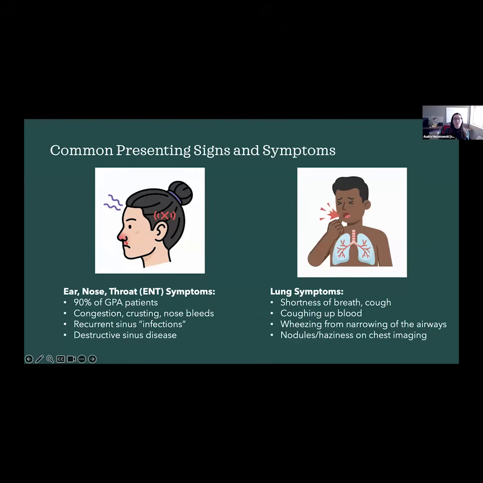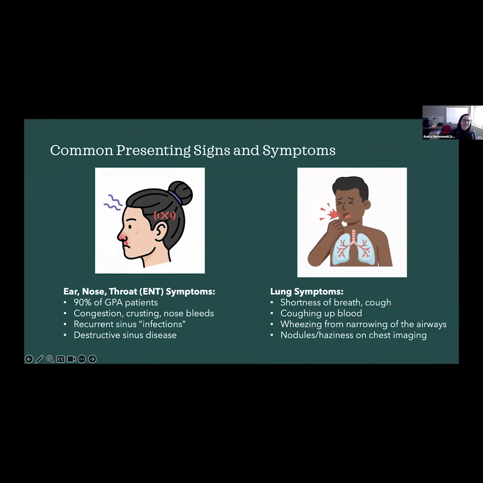And unfortunately, patients who have primarily sinus symptoms, which is about 10% of patients, will really only have sinus symptoms, or we usually say disease from the neck up. Those patients have some of the longest times to diagnosis because they get misdiagnosed as allergies or just recurrent sinus infections or other more common sinus pathology. There have been several studies that have shown that the time to diagnosis in that subset of patients is frequently over 5 years on average.